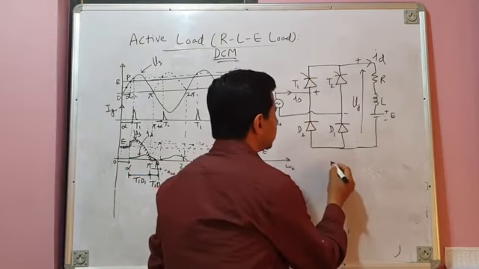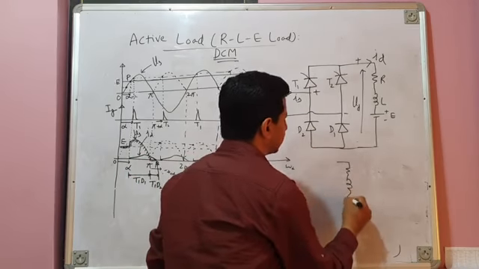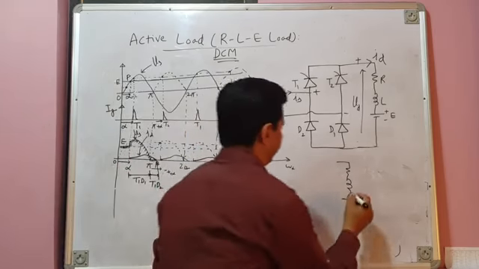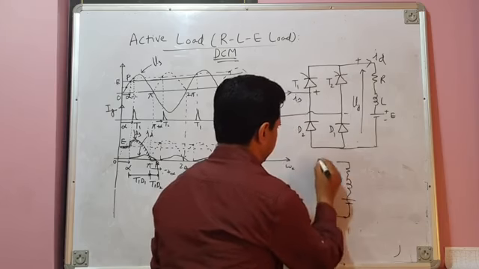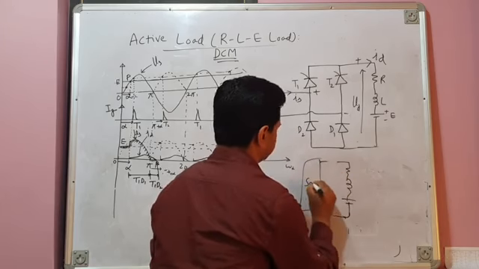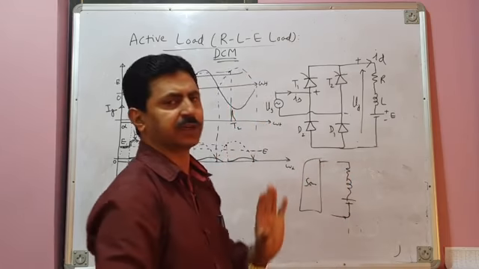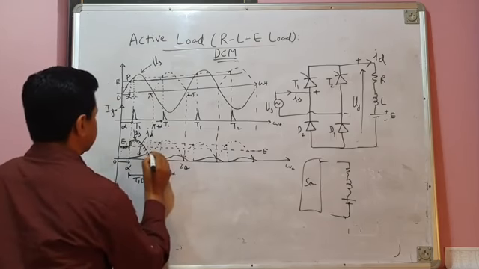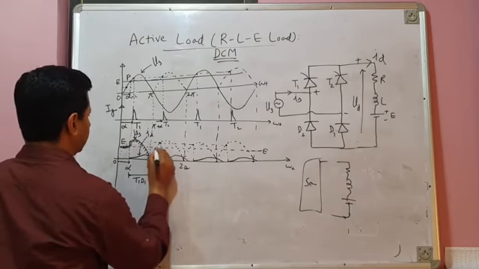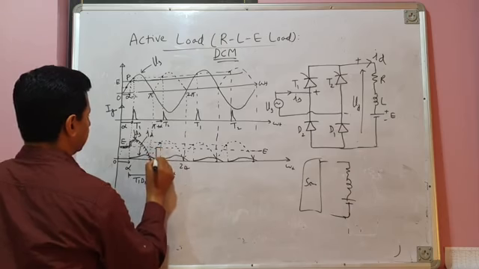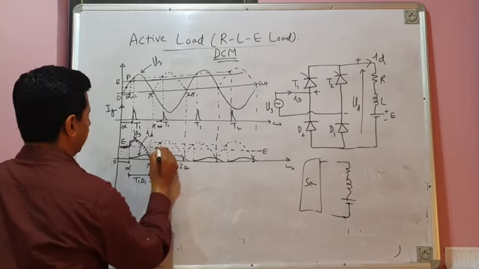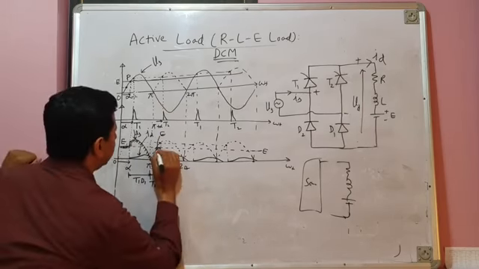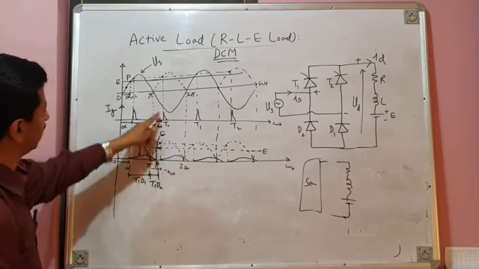Okay. So the equivalent circuit in that case becomes like this, from beta to pi plus alpha. This is the equivalent circuit. Yeah, this is your source side, source. So your load is disconnected from the source. So what is load voltage? Load voltage is the same as its own EMF, E. So this is load voltage. It is equal to E. Yeah, your load voltage is E. So load voltage is equal to E up to the next instant of firing.